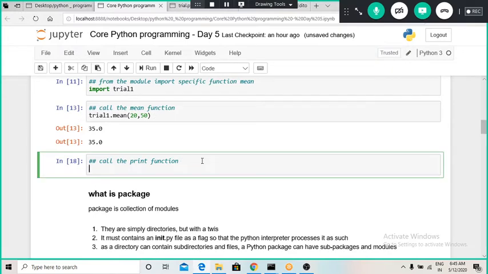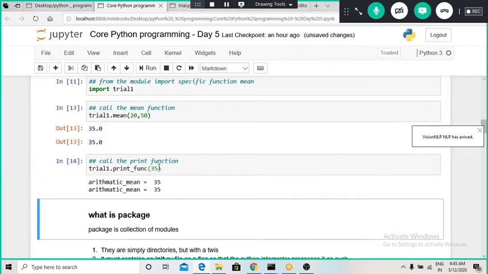Okay, so now I want to print this whole function, whole mean, using the print function. So for that we can use this command trial one dot print. After using print, if I hit this tab, whatever function is defined in that particular module will get automatically written like this print func, and then I have to pass the arguments in the parentheses.